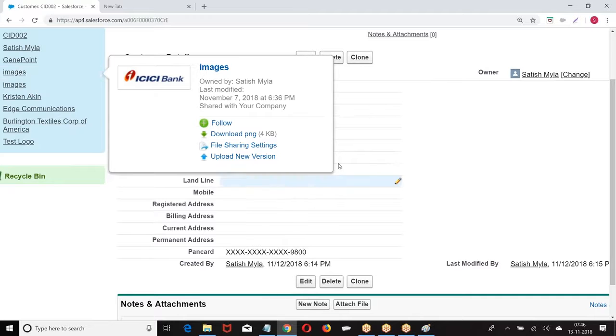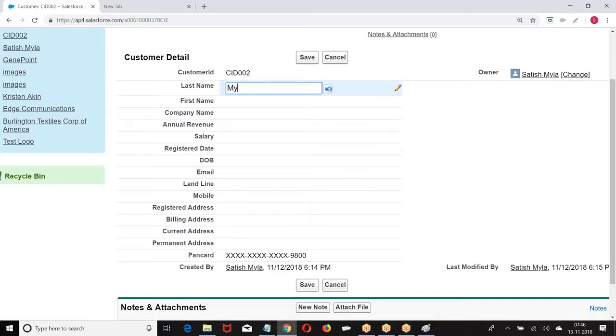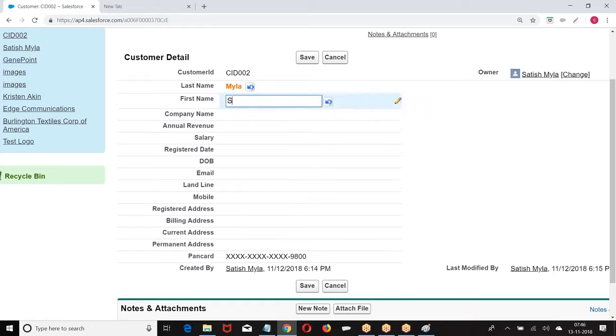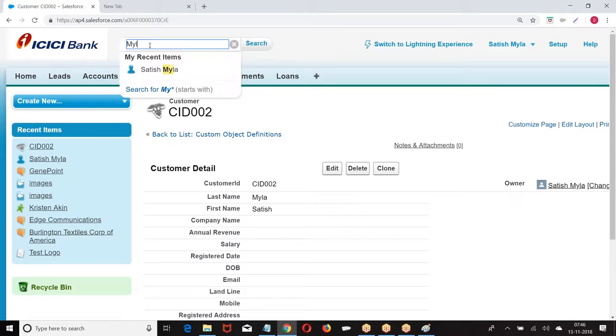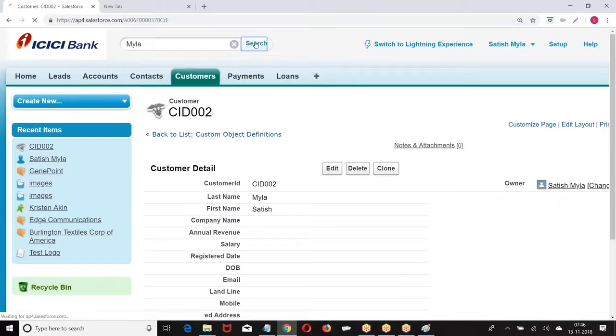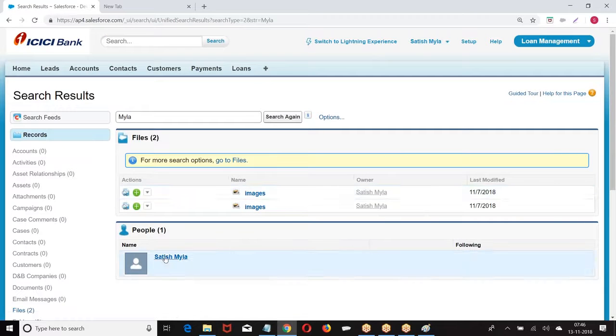Right. Now, look at the format. I gave some data here. Now, I can use this data for searching. When I give the value, they are giving me a search operation, and I can search based on this. We are getting the records based on this. Are you getting my point? So I am able to search based on this.